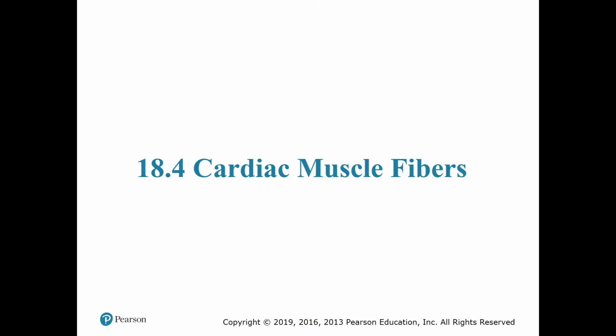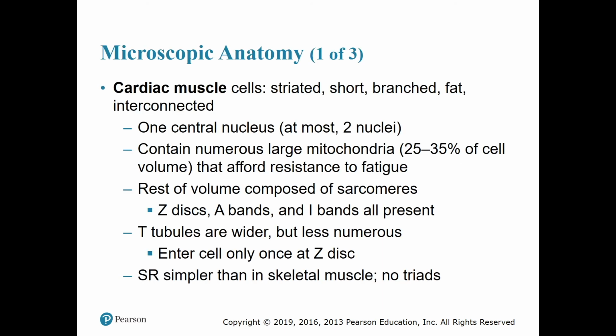Section 18.4, cardiac muscle fibers. Microscopic anatomy of the heart. It consists of cardiac muscle cells, which are striated, short, branched, fat, and interconnected. There is one central nucleus, at most 2 nuclei. Also, cardiac muscle contains numerous large mitochondria, which make up 25 to 35% of the cell volume that afford